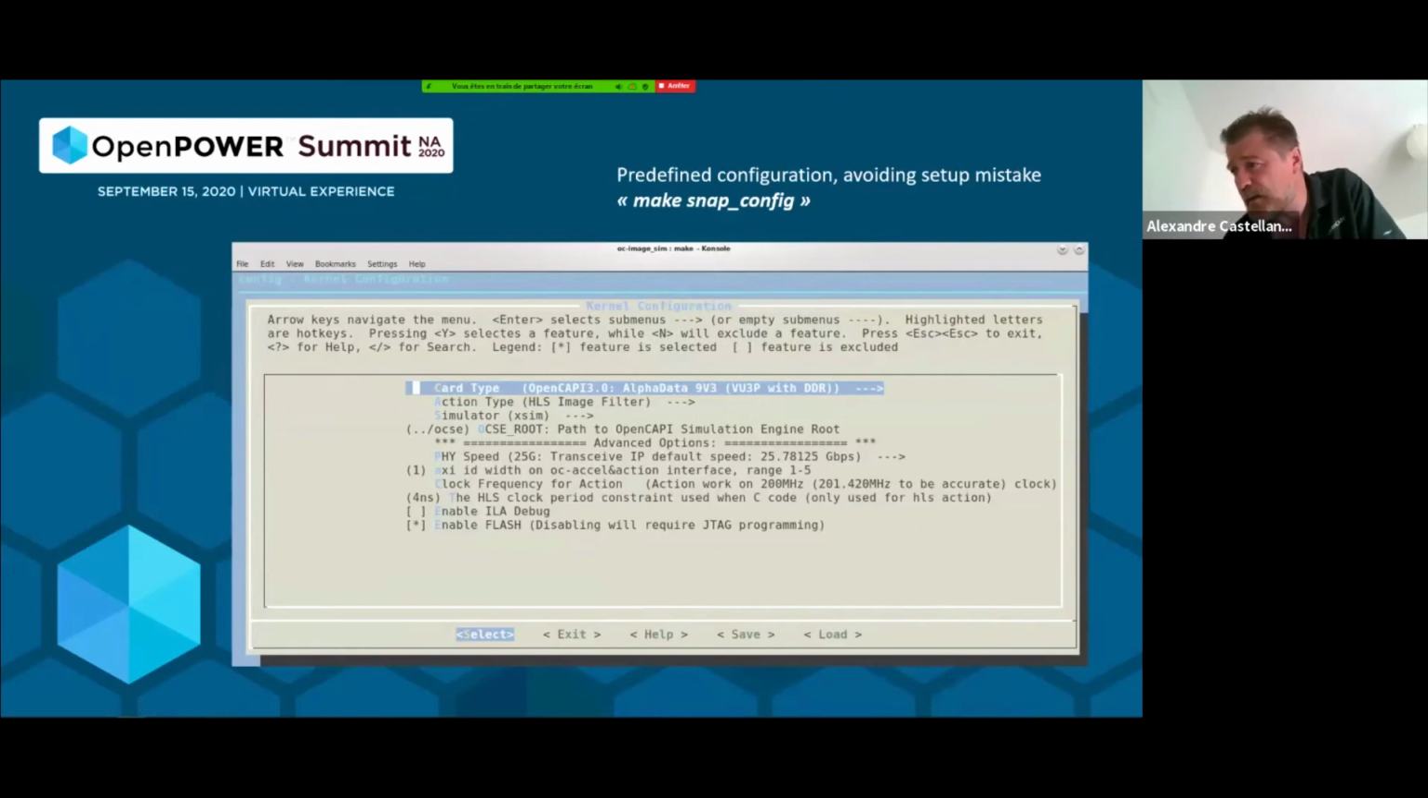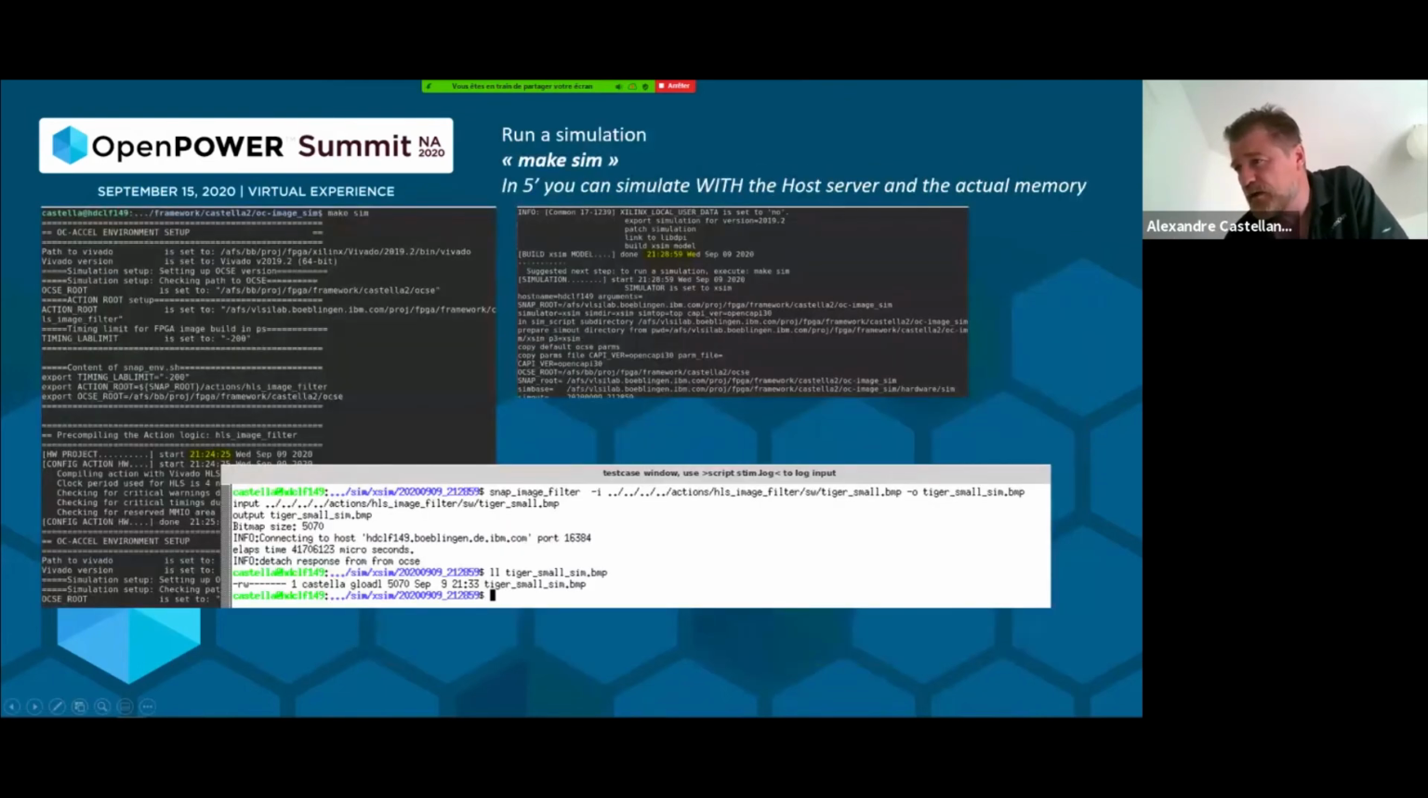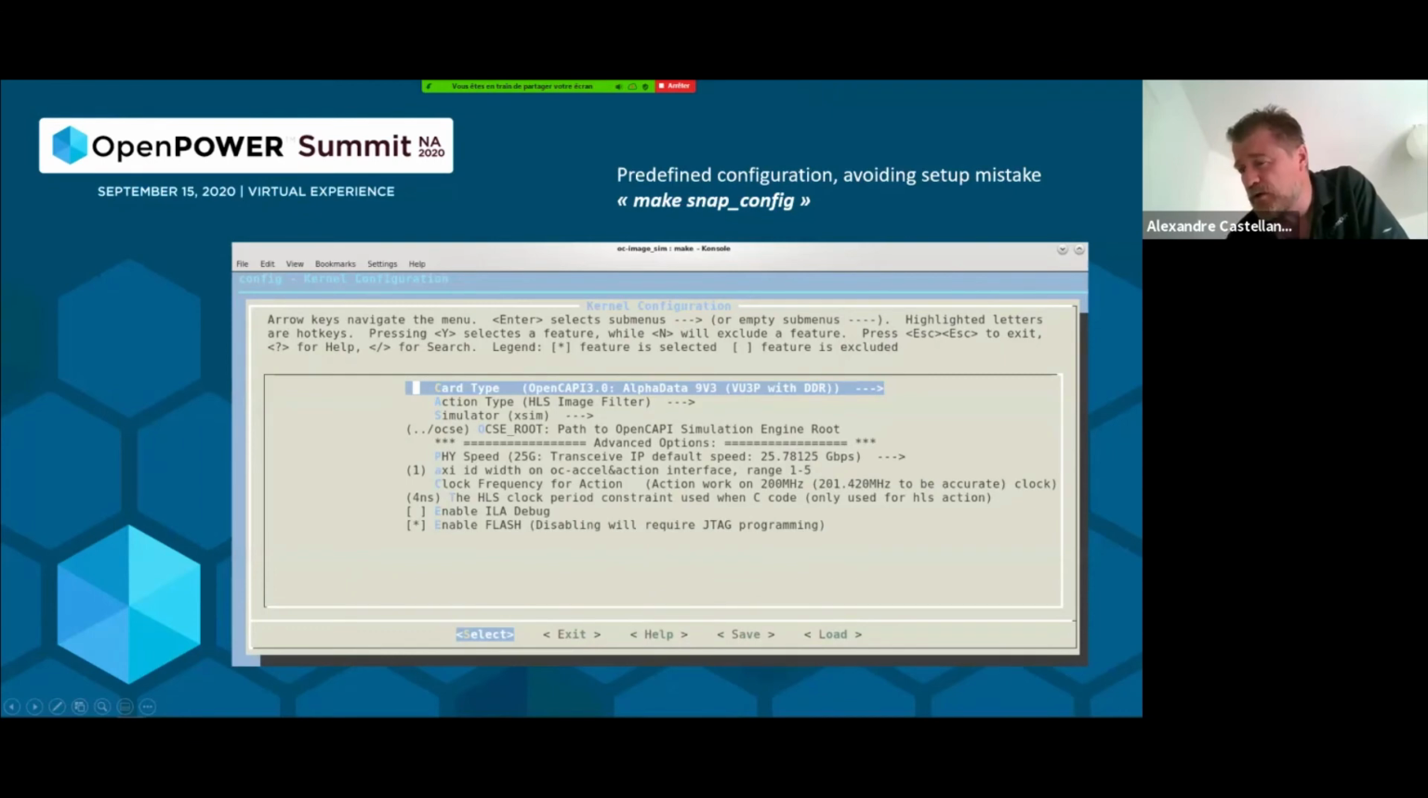Then, typing make snap_config, which is really the first thing you want to type, you will get a very simple menu based on an open source configuration tool that will allow you to avoid main mistakes that we have prevented you from making. So we channel you into basic examples, and we subselect for you the possibilities according to what you have chosen. So here I chose an AlphaData 9V3 card hosting a VU3P Xilinx part, and I selected the image